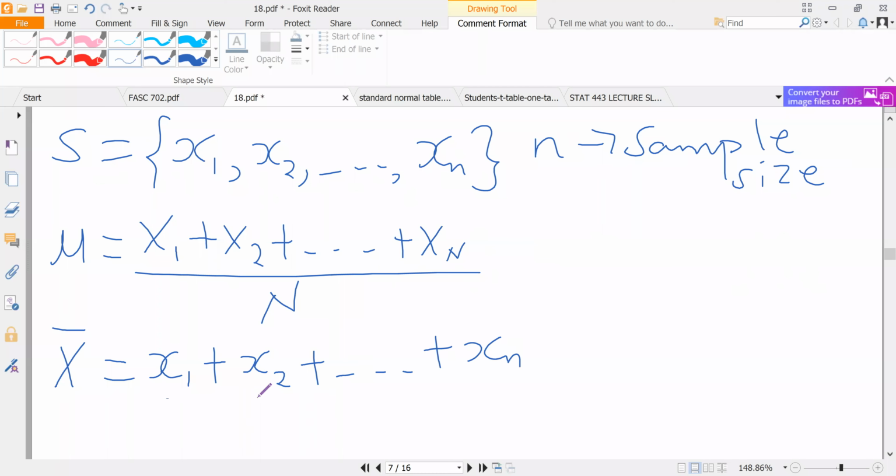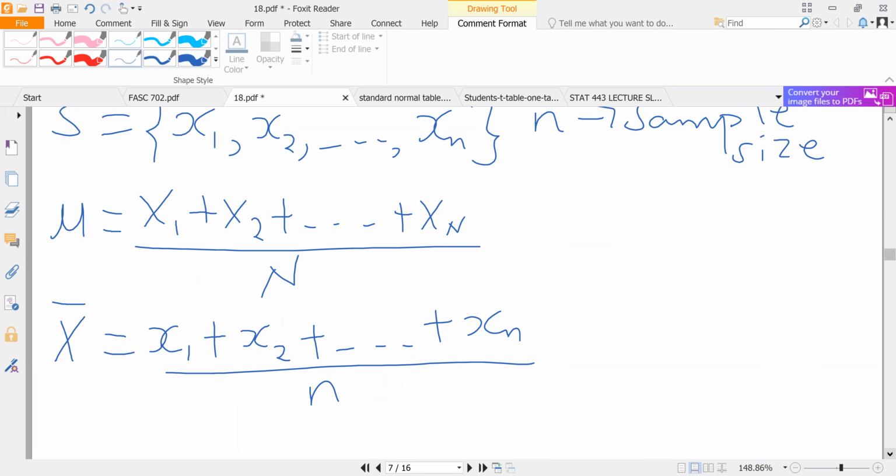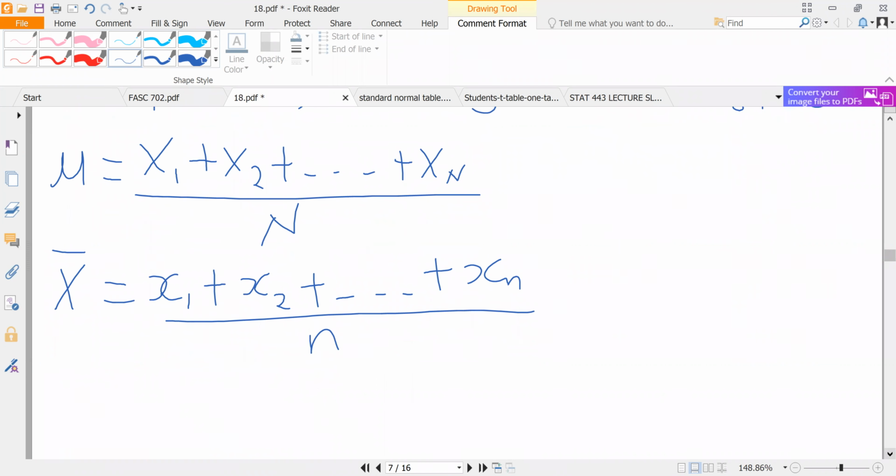Now, this X bar is considered to be an estimator of the population mean mu. So it means that we can confidently use the sample mean to estimate the corresponding population parameter, which is the population mean. Now, because we have used a sample to estimate this particular quantity of the population mean,